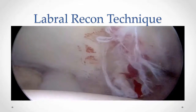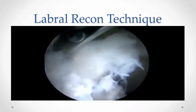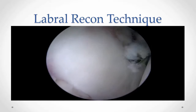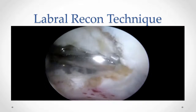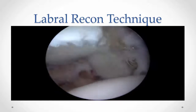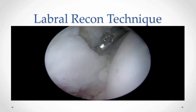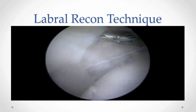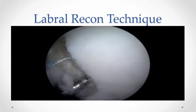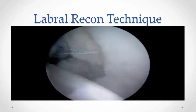So this is a labrum in a 24-year-old former hockey player who had severe pain in his hip all the time, with a big cam lesion. We resect the labrum all the way down to the transverse acetabular ligament in the front, and posteriorly we'll resect the labrum back to about the 8 o'clock position. Then we place anchors all the way from the anterior-inferior position by the transverse acetabular ligament around to the posterior aspect of the joint. The last anchor is placed behind the native labrum